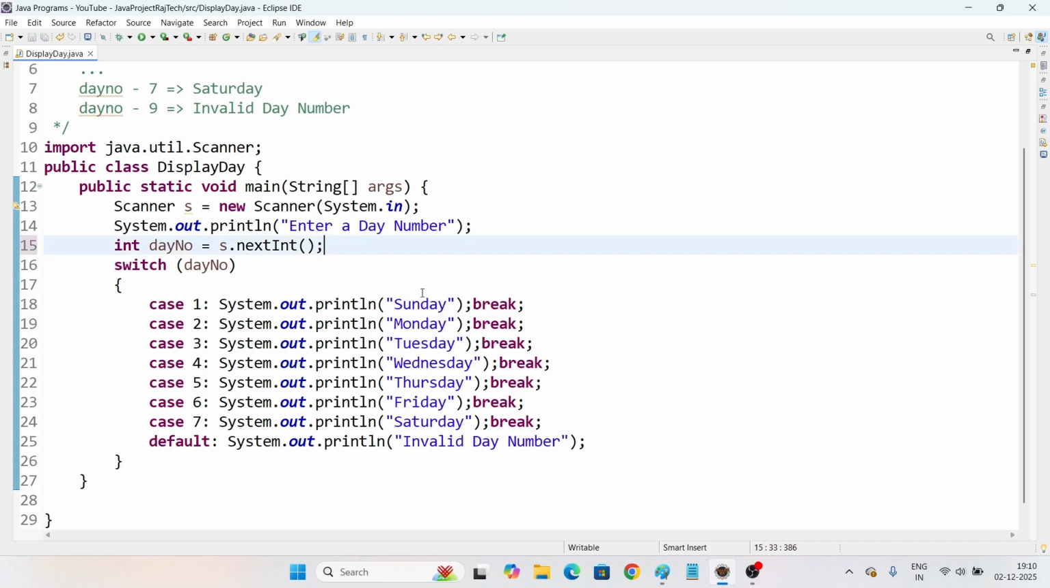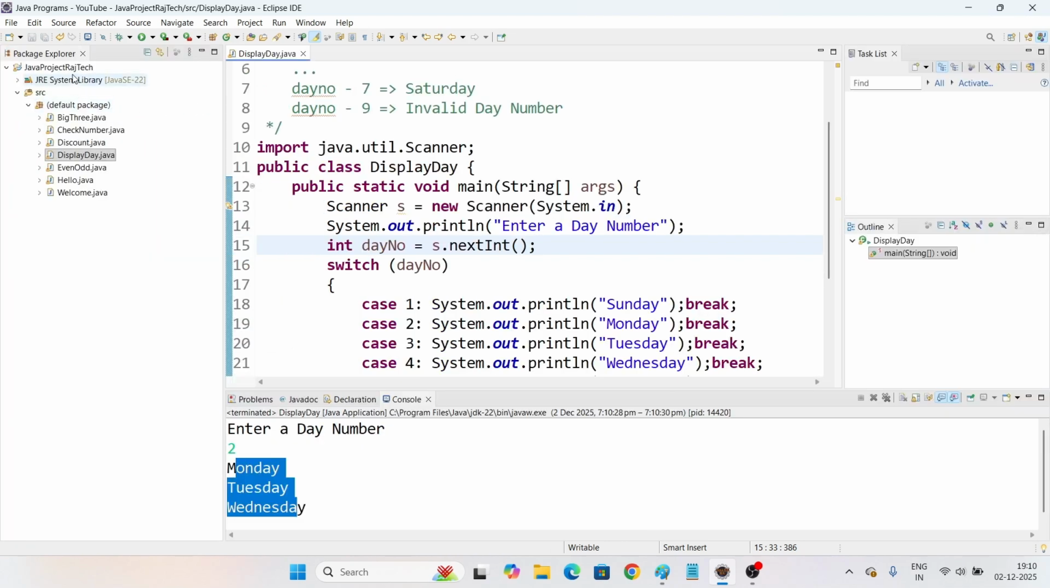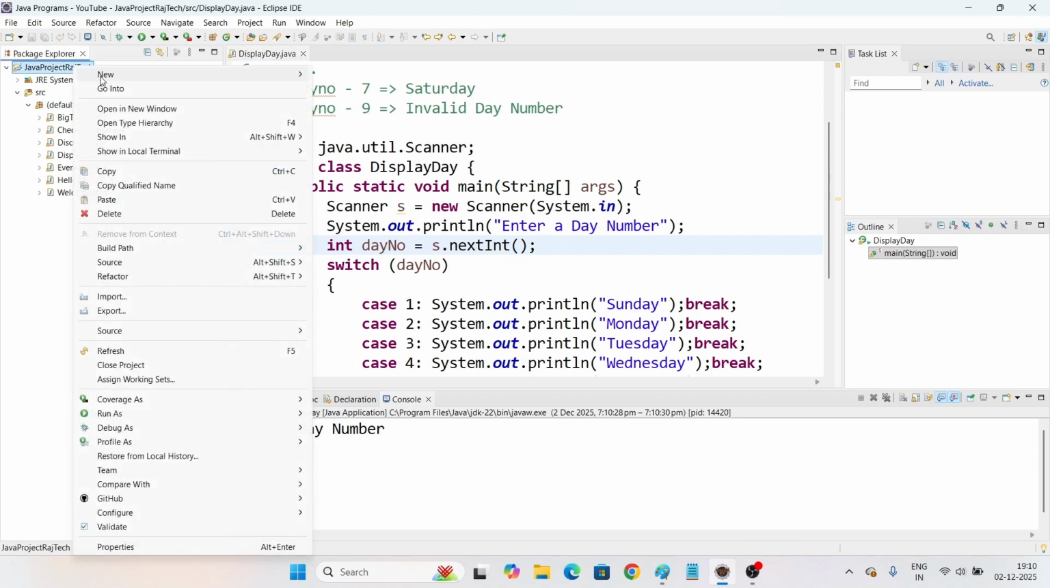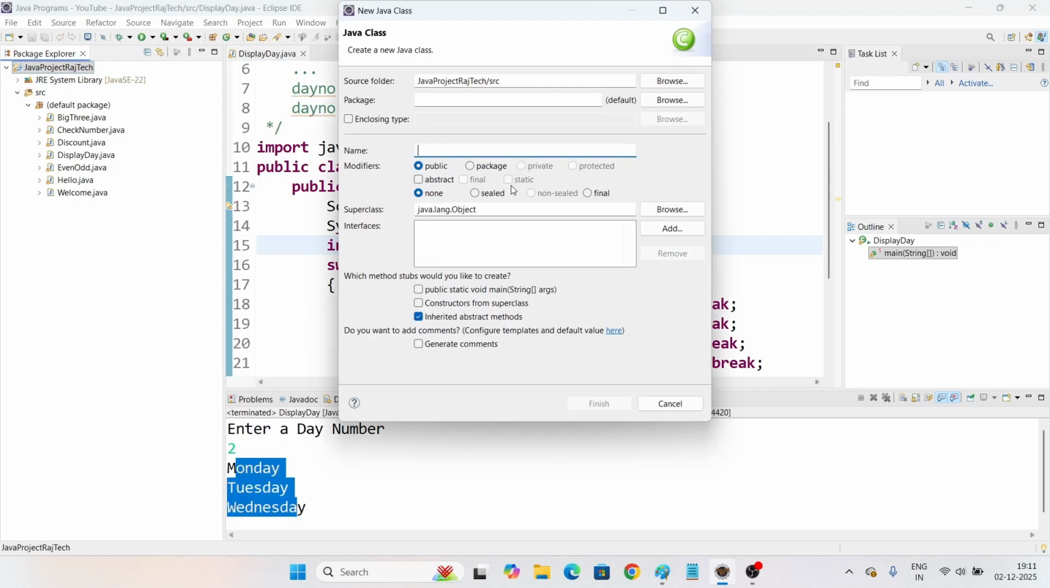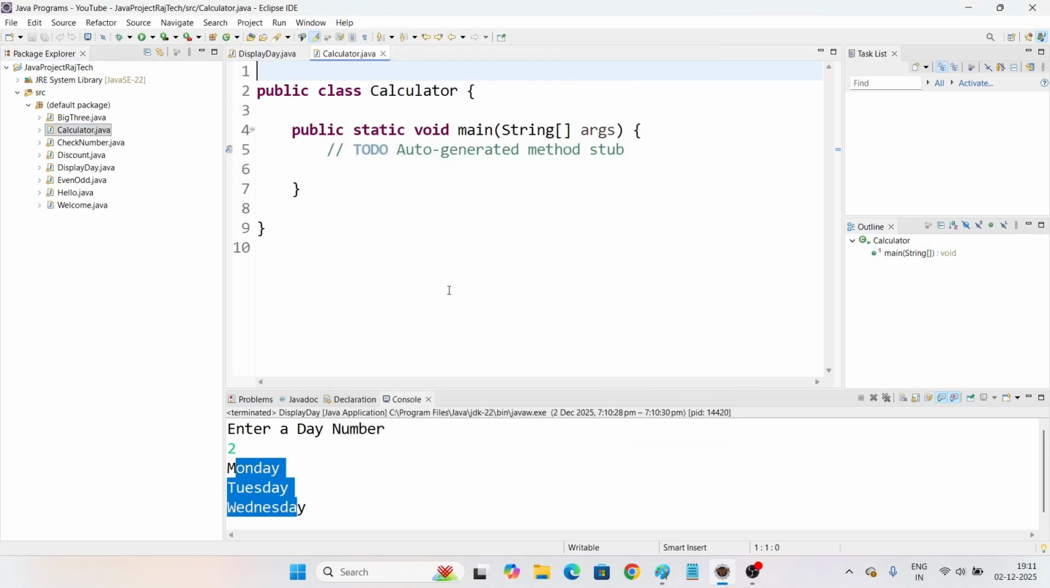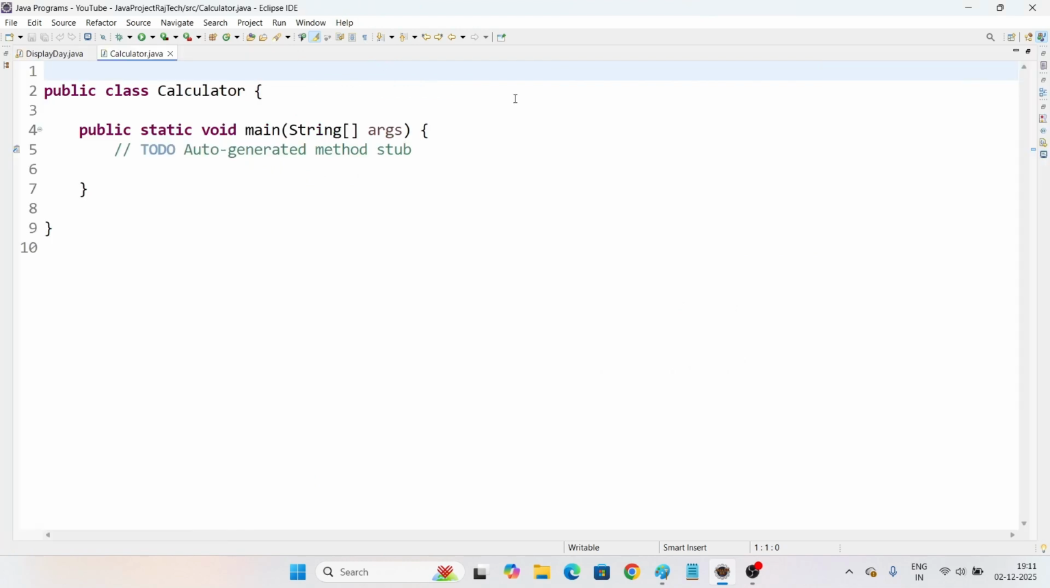Now, let us go with one more example here. Let us develop one simple basic calculator. Right click on project and say new class. Let me go with the name calculator.java. So let us go with the class name as calculator. So the task in this program is